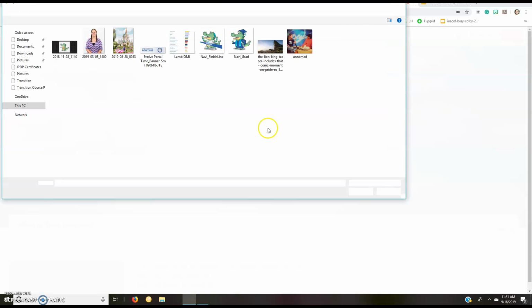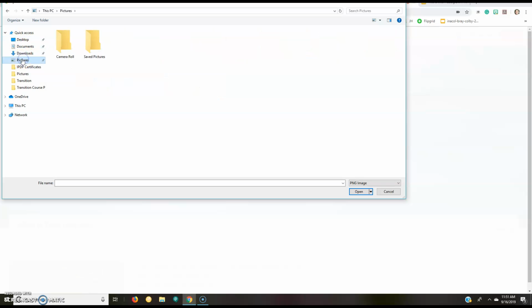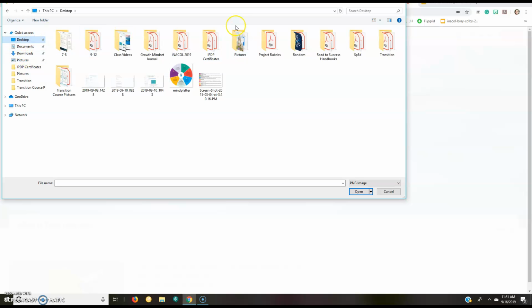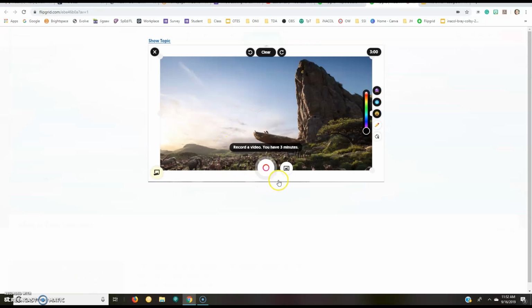So if I click on this, I can go to my desktop and go to pictures. Oh, I'm sorry. Sometimes my computer is silly. I can go to pictures and let's say I love Lion King. So I'm going to open that and I'm going to tell you about Lion King. Okay. These are just some of the ways that you can use Flipgrid without using your voice. You can add a sticky note here and say,